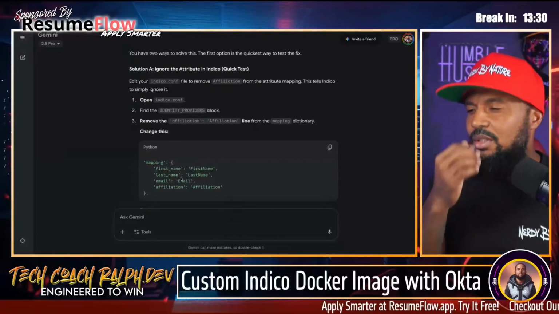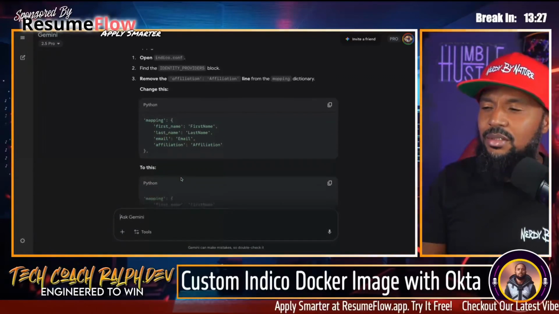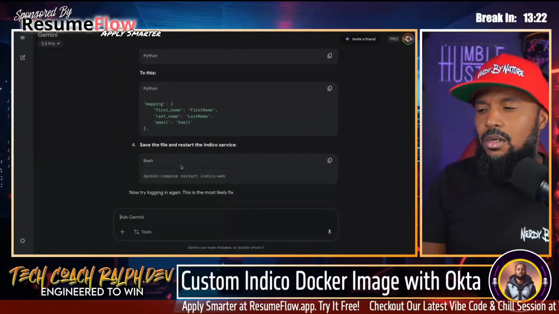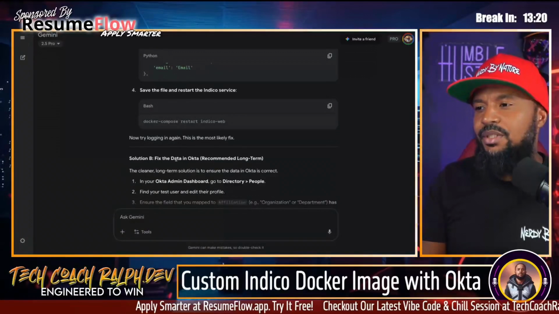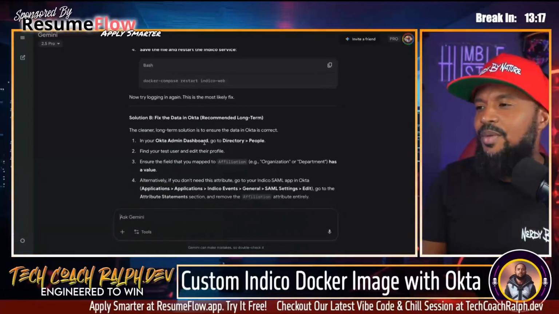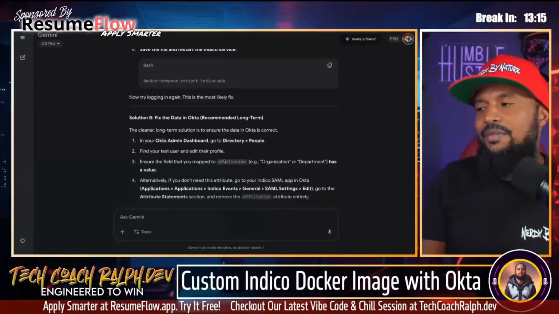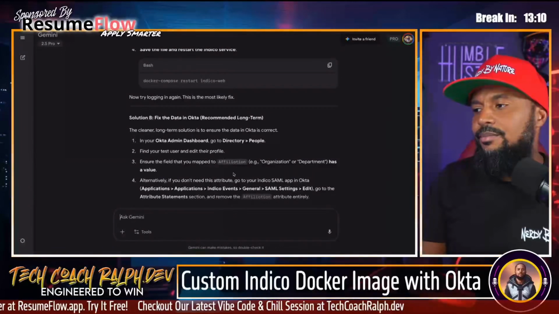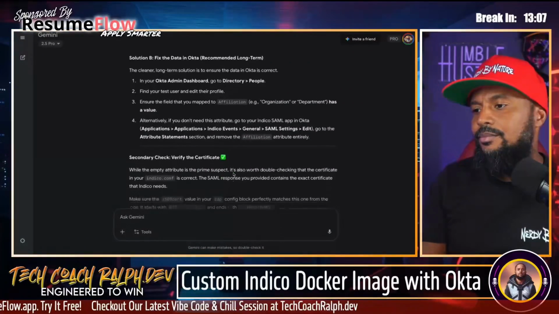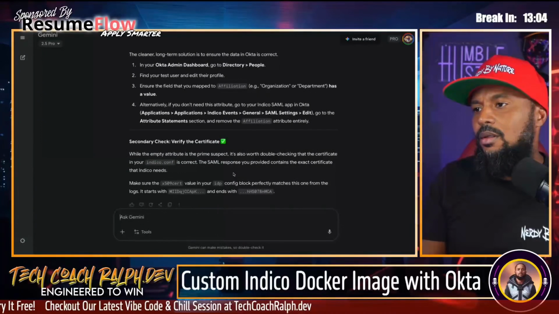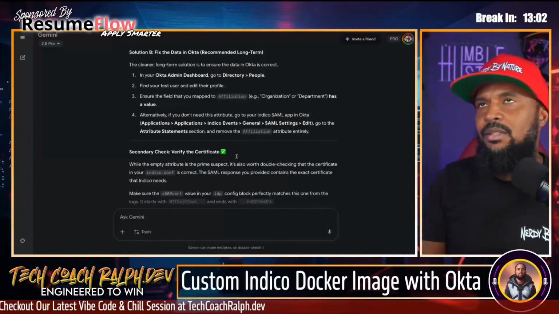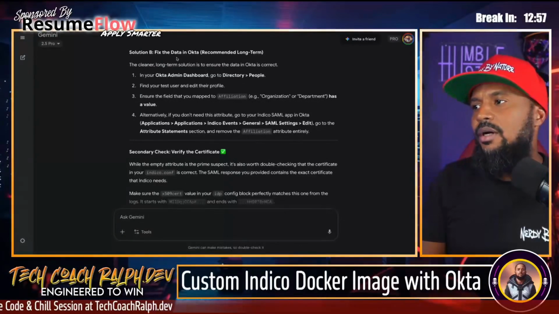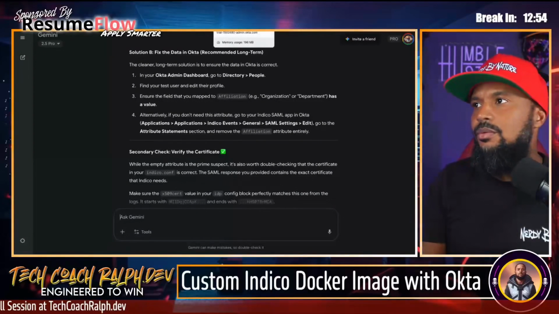What if I do the affiliation inside of Indico? Because instead of removing that, solution B, fix the data in Okta. So that's what I'm thinking about. Go to admin directory people, because we're going to have to add it. We would need it anyways. The same, we're going to need to add the Slack member ID. So if we go to